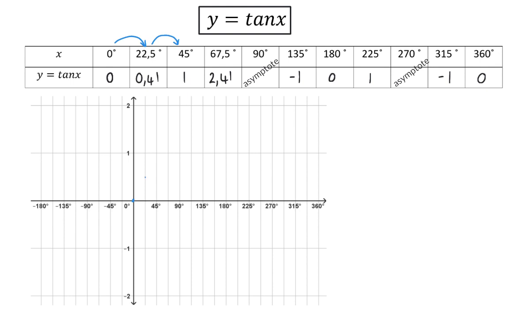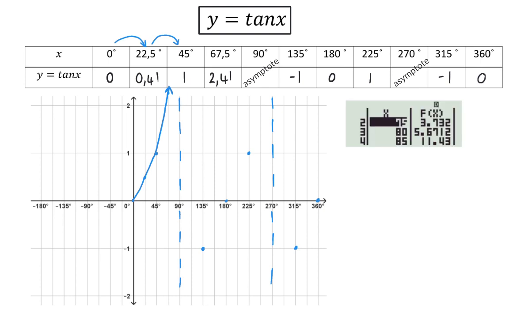If we now go and plot these points, you will see that we have our vertical asymptote at 90 degrees and another vertical asymptote at 270 degrees. And when connecting these coordinates, you will see that the tan graph increases as it moves closer to our asymptote at 90 degrees. The last y value before the asymptote in our table is already 2.41, and here you can